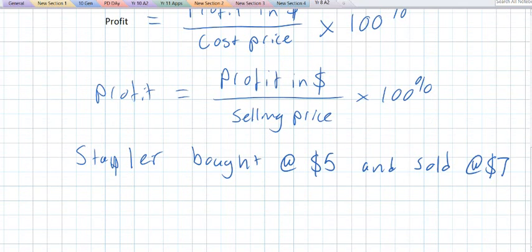So if we were going to find this profit as a percentage of the cost price, and the questions will ask whether they want it as a percentage of the cost price or a percentage of the selling price. It's an example. You're used to writing examples down. Before the 5, it's an at symbol. So it's bought at $5. So as a percentage of the cost price,